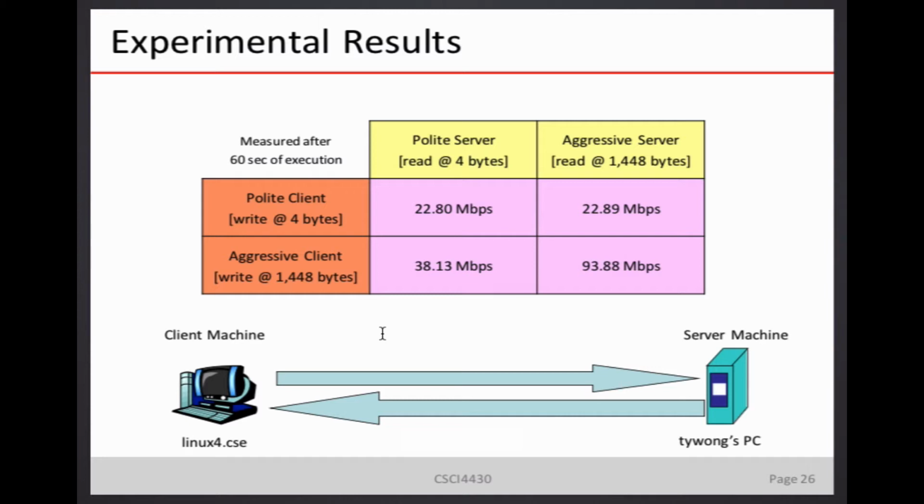Don't know. Anybody want to try? Why? I can think of two reasons. The first one is that there is overhead in the read-write system call, therefore the processing rate is lower in the application layer. Mm-hmm. And the second one is that when you send small packets, you have an overhead in the